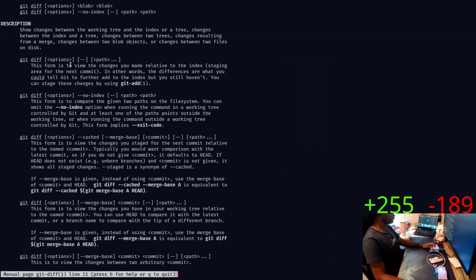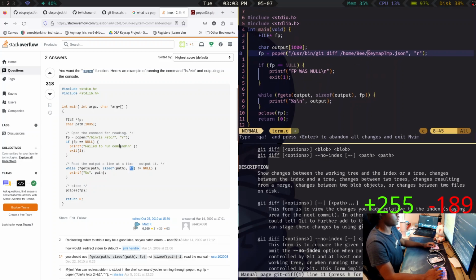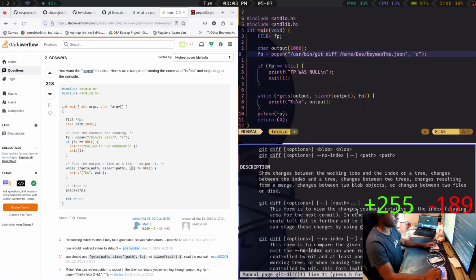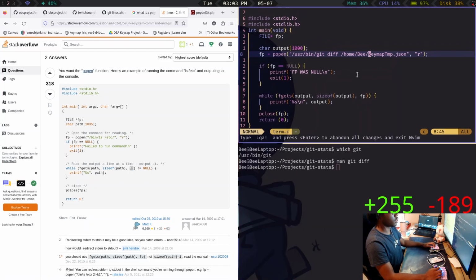How do you pass in... Oh, so you can't just pass in a path. So what if I want to say home slash, what is something I've changed? Oh no, I don't even need that. What is this one called? Git stats.